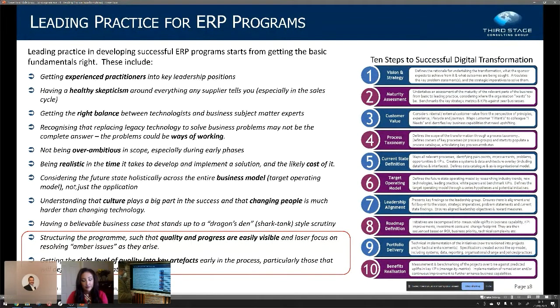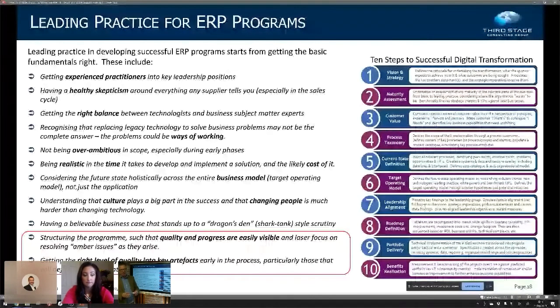And culture is a massive player in these. And remember that you are changing people, you are not changing technology. And people have been doing the same job for 30 years. They don't want to be changed. They want to do something different. So, if you haven't got the culture right to make an ERP program successful, you can save your money.